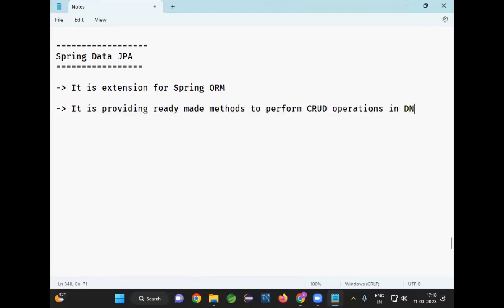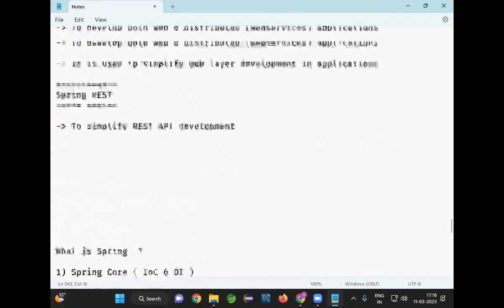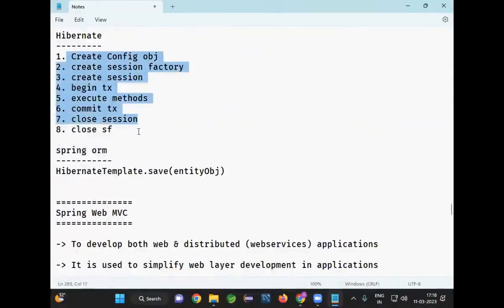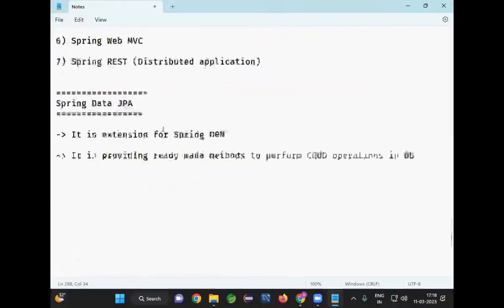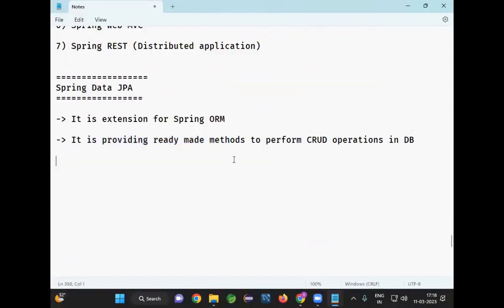Right. So here, without writing a single line of code, we can perform database operations when you go for Data JPA. If you go for normal Hibernate, how many lines of code do we need to write? 8 lines of code to insert a record. If you go for Spring ORM, how many lines of code are required? 1 line of code. You need to call the HibernateTemplate save method. If you go for this Spring Data JPA, you need not write that 1 line of code also, because the ready-made methods are available in Data JPA. By using this Data JPA, we are going to develop